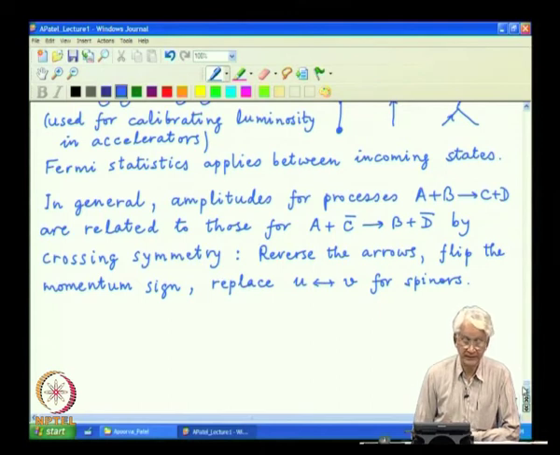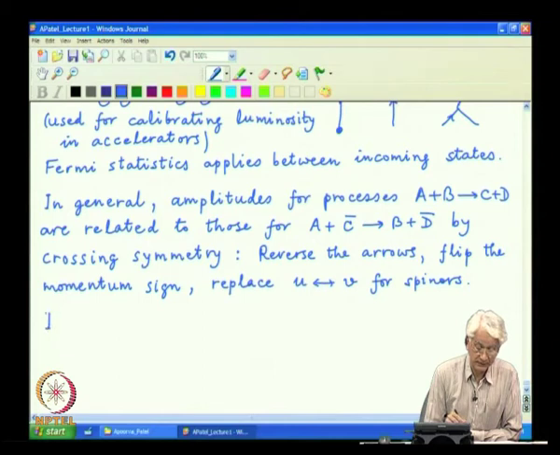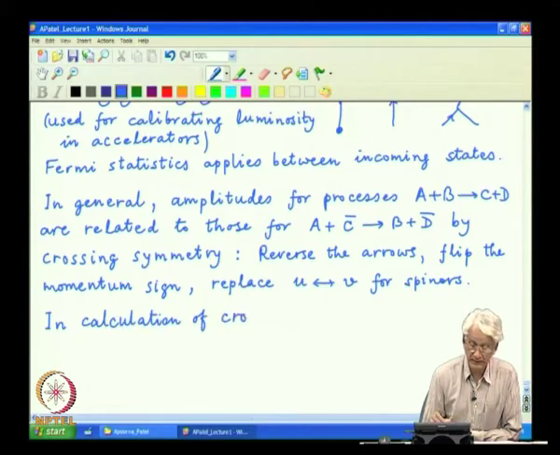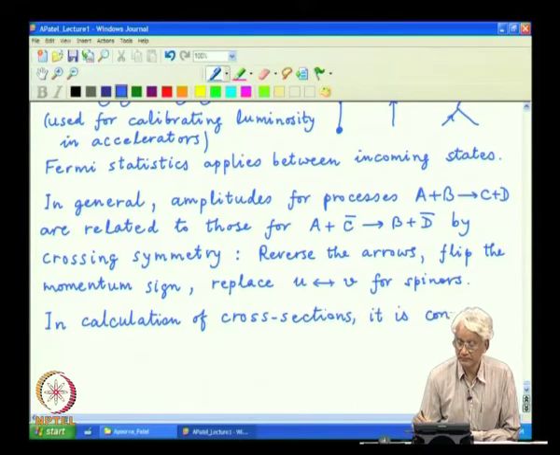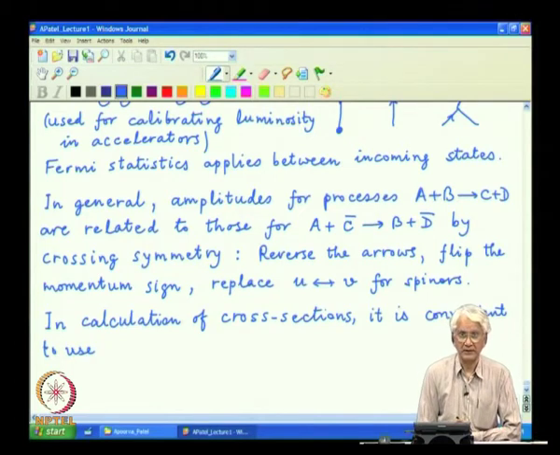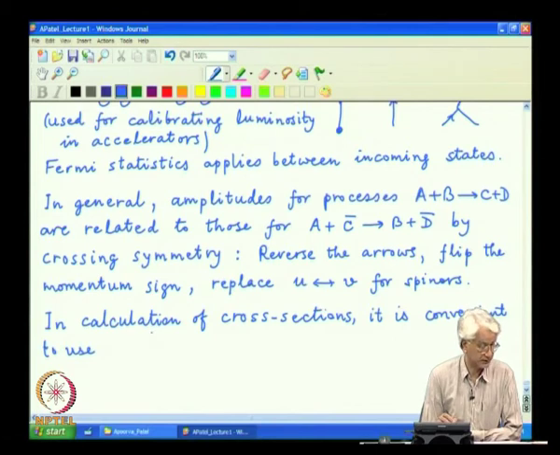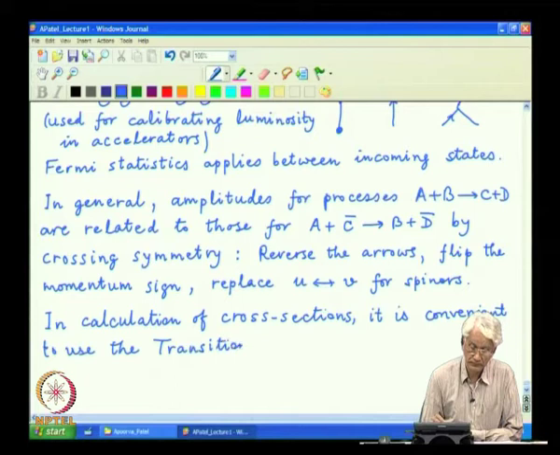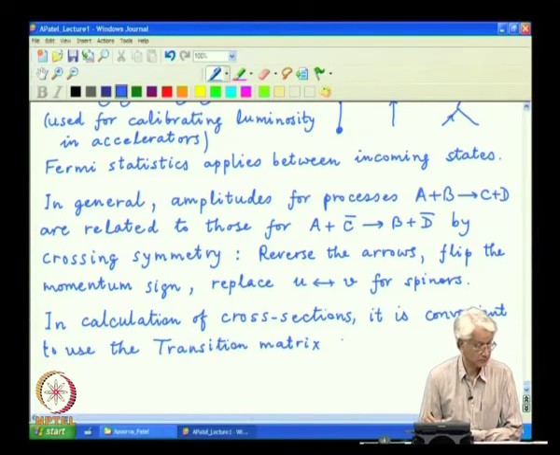One more thing I would like to mention is that we are often interested in various cross sections where, instead of dealing with the full scattering matrix, one can deal only with what is known as the transition matrix, often denoted by the symbol T,